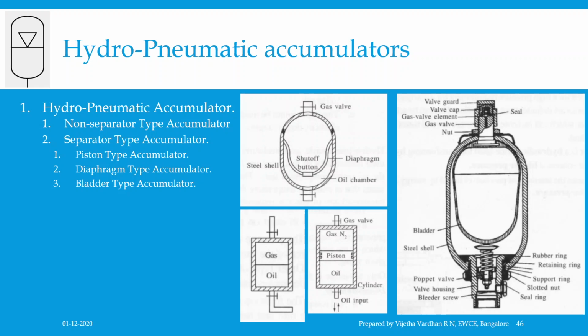One of the greatest advantages of this type of accumulator is the positive sealing between the gas and the oil chambers. The quick response of the lightweight bladder makes the accumulator suitable for pressure regulating and pump pulsation,